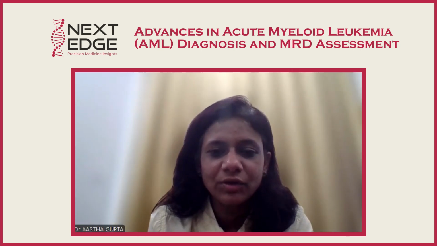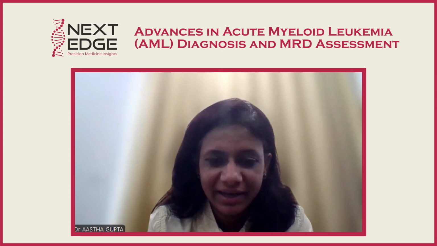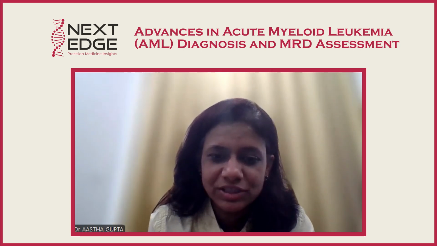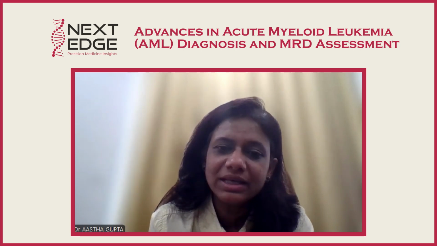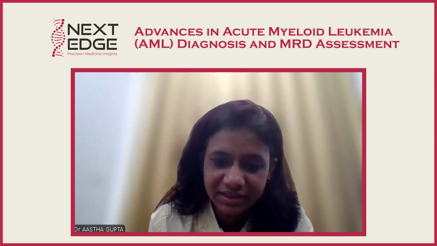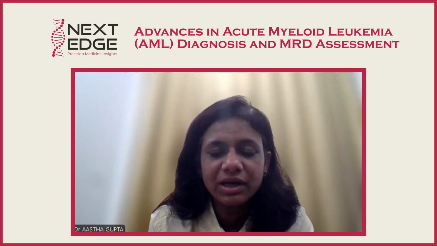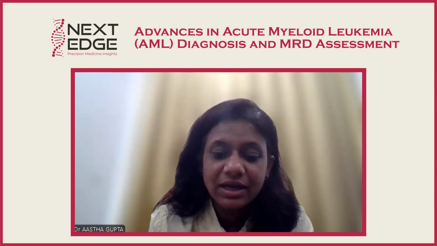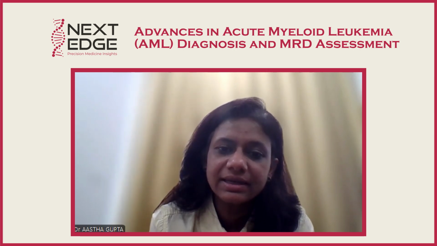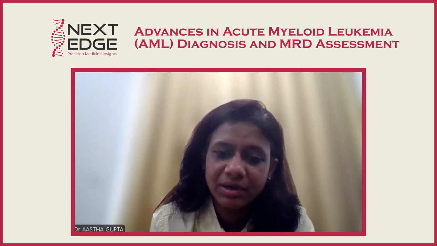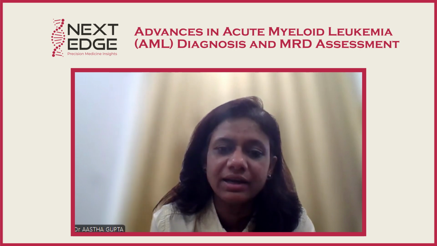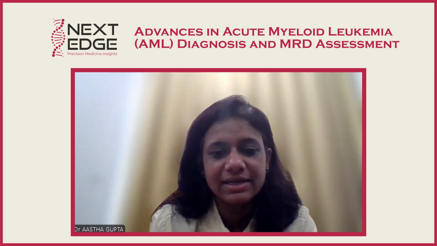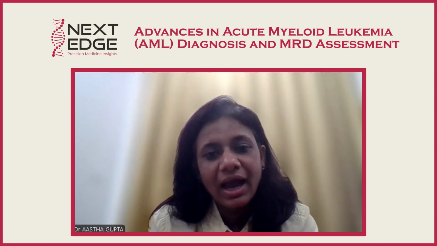So, acute myeloid leukemia, if we decipher by the name, acute means it is sudden in onset with a shorter duration of complaint. Myeloid means the myeloid lineages are being affected in the bone marrow, and leukemia is the involvement of peripheral blood and bone marrow by these abnormal cells. So, when there is an increase in myeloblasts in the peripheral blood and the bone marrow, which is defined as more than or equal to 20%, then we diagnose this case as acute myeloid leukemia.